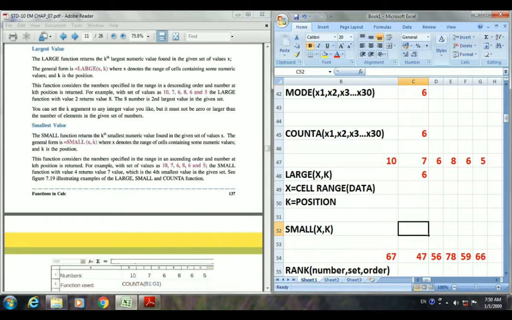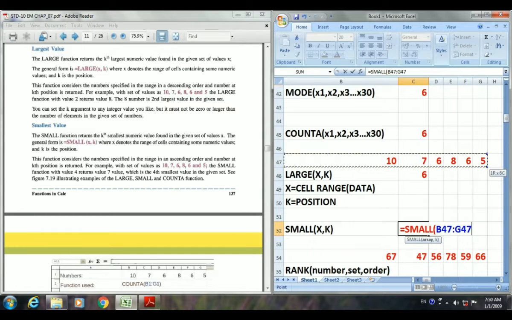Now we will use SMALL. So equals to SMALL, and then you just provide the cell range, meaning our data, that is argument X, then a comma and the position of the smallest value. I want the third smallest value among the range.